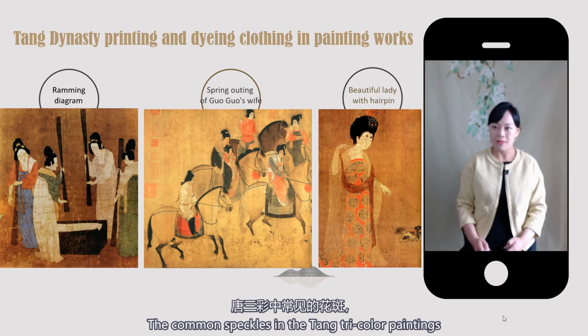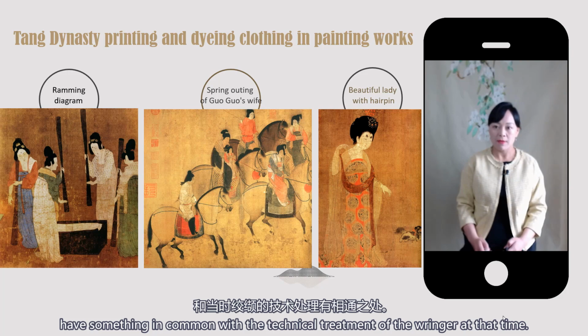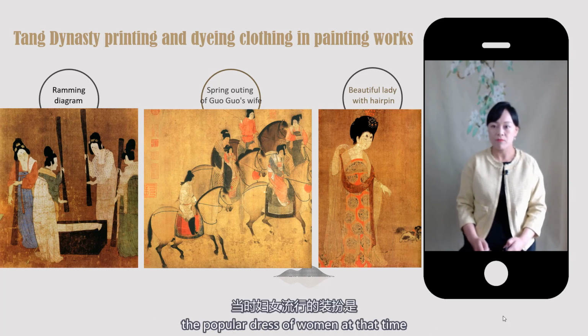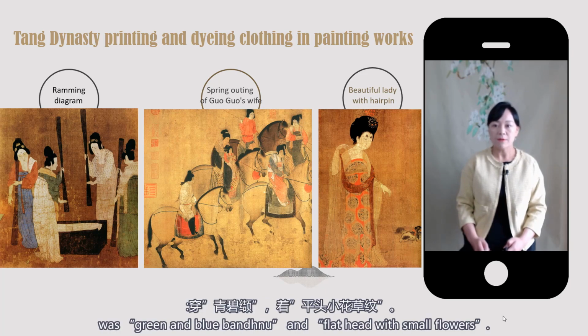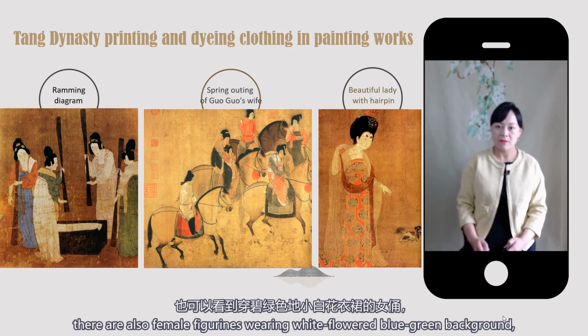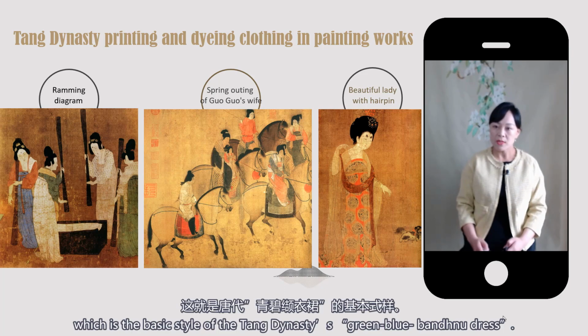The common speckles in the Tang tricolor paintings have something in common with the technical treatment of the genre at that time. According to the History of Tang Dynasty, the popular dress of women at that time was a green and blue banu and a flat hat with small flowers. Among the pottery figurines unearthed in various places of the Tang Dynasty, there are also female figurines wearing white, flowered blue-green background,